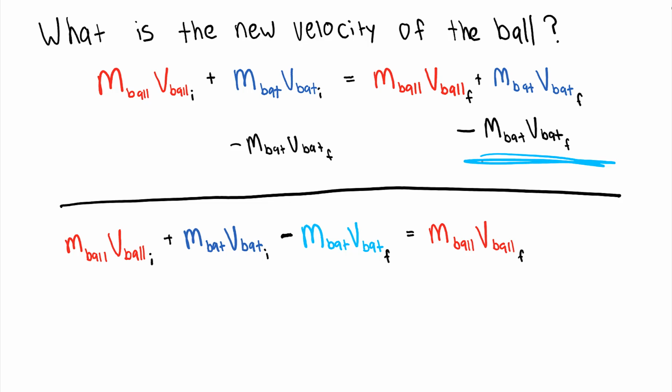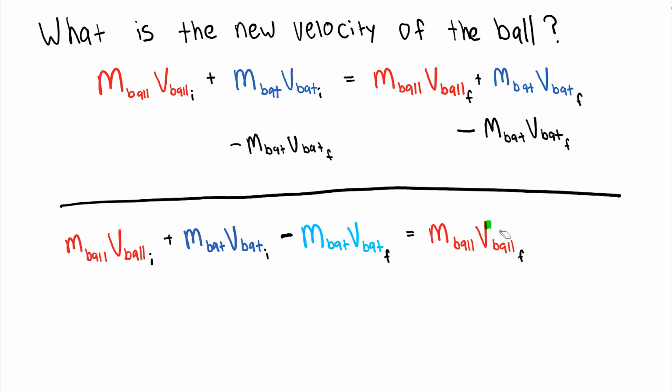Maybe you notice that the final momentum of the bat, I decided to color in light blue to make it distinct from the initial momentum of the bat. But basically, I subtracted this from both sides. And what I got was this equation on the bottom. So what I still need to do to get the velocity of the ball at the end alone is I